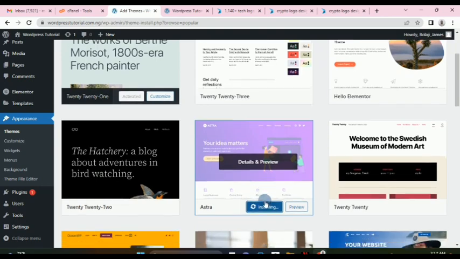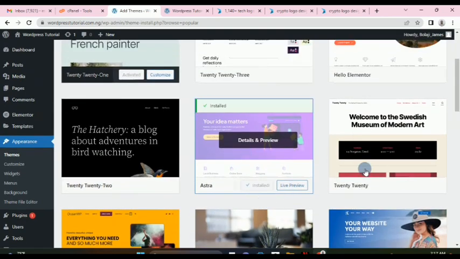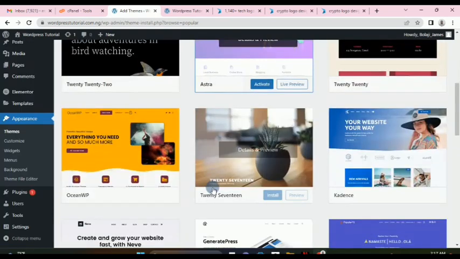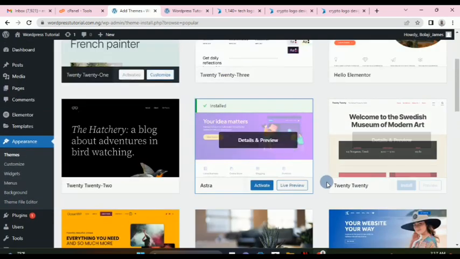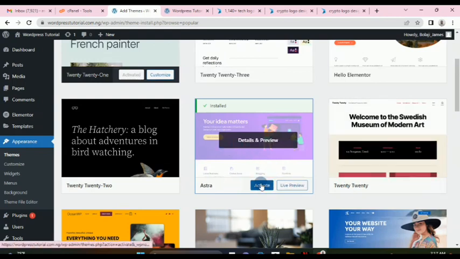Okay, so Astra is installing. All these are a lot of free themes that you can use. Many of them, when you use them, there are some things you want to use, they will ask you to activate the pro. Even Astra has a pro version, but the free version is enough to build any kind of website. So I'll click on activate,